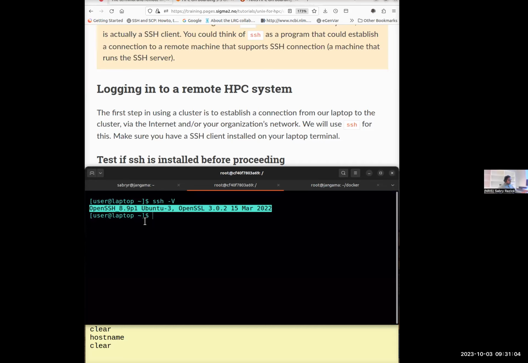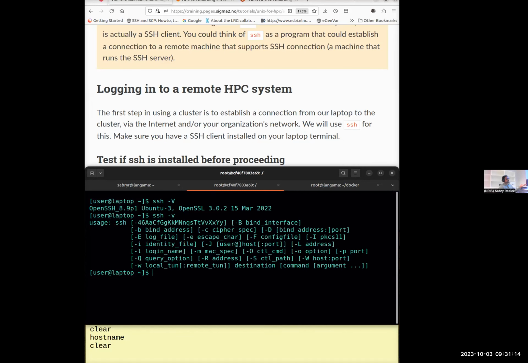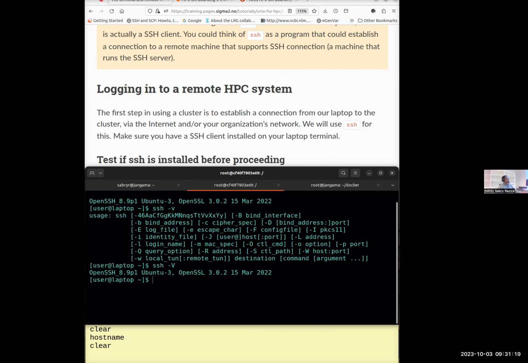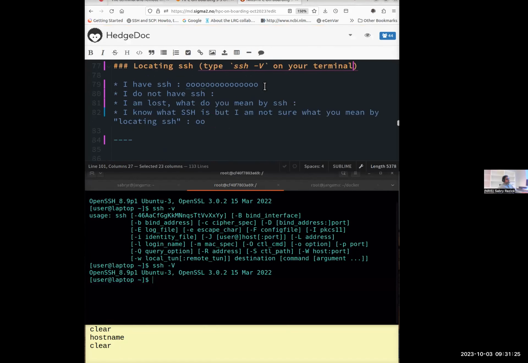So open up your terminals, type ssh dash capital V, because Unix, I forgot to mention, is case sensitive. So capital V is not the same as small v. If you type small v, it will print many other things. So you should type capital V. And when you have found your terminal and found your SSH command, please vote here, locating SSH. So capital V, and many have already found it. And if you don't have it,